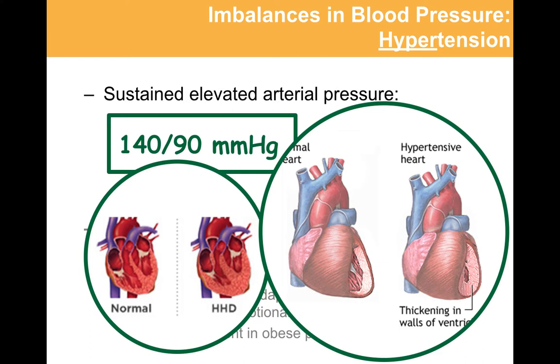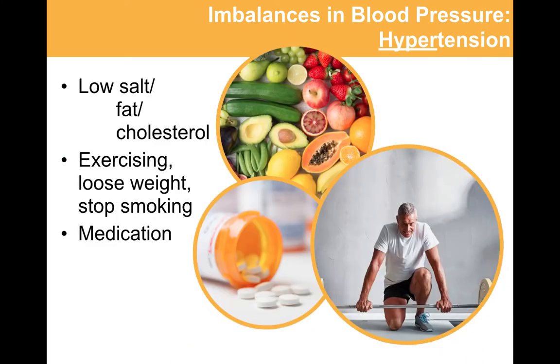Often there is no clear cause, but this may be multifactorial, and we will never be able to pinpoint it into one particular reason. So, what can you do to reduce your risk of hypertension? Well, some of the things that you can do are, for example, lowering the salt, fat, and cholesterol intake, exercising more, losing some weight and stopping smoking, so lifestyle changes. And of course, if those do not help, to assist with those, pharmaceutical interventions.